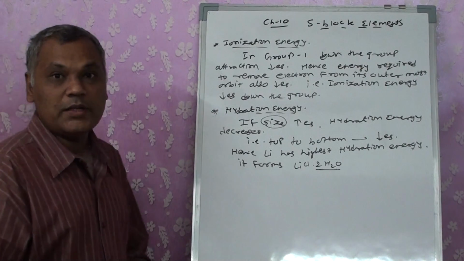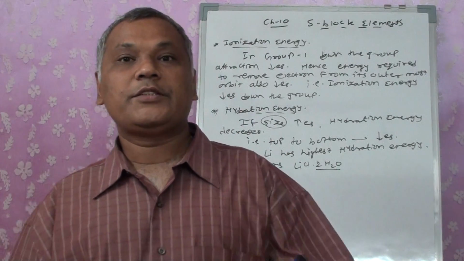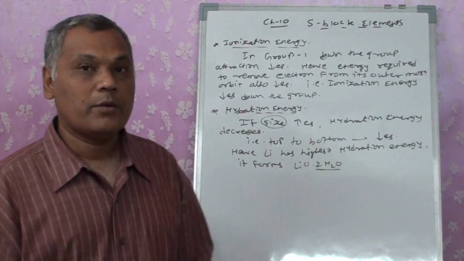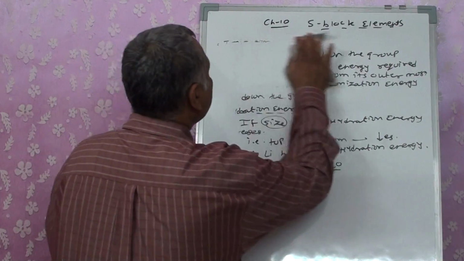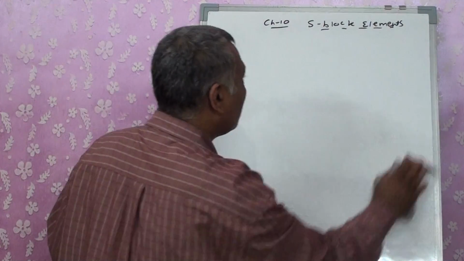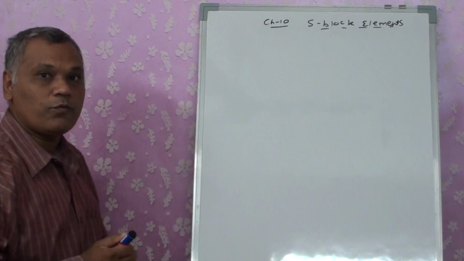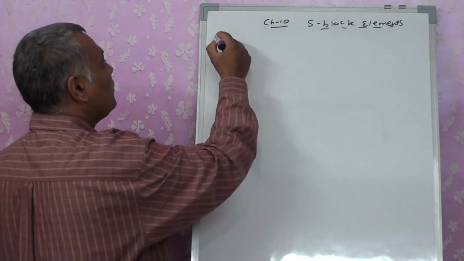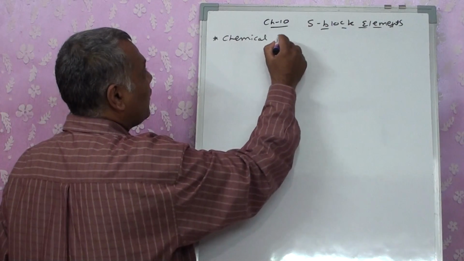Okay, these were the general trends that we have gone through. Now let's do some of its chemical properties, right? These were the general physical properties of group 1. Now the next one, if we take it as chemical properties,